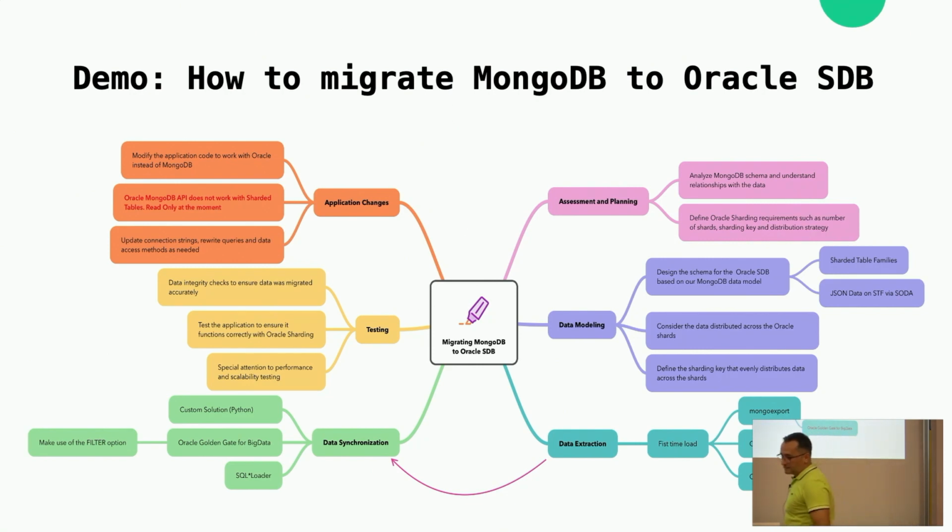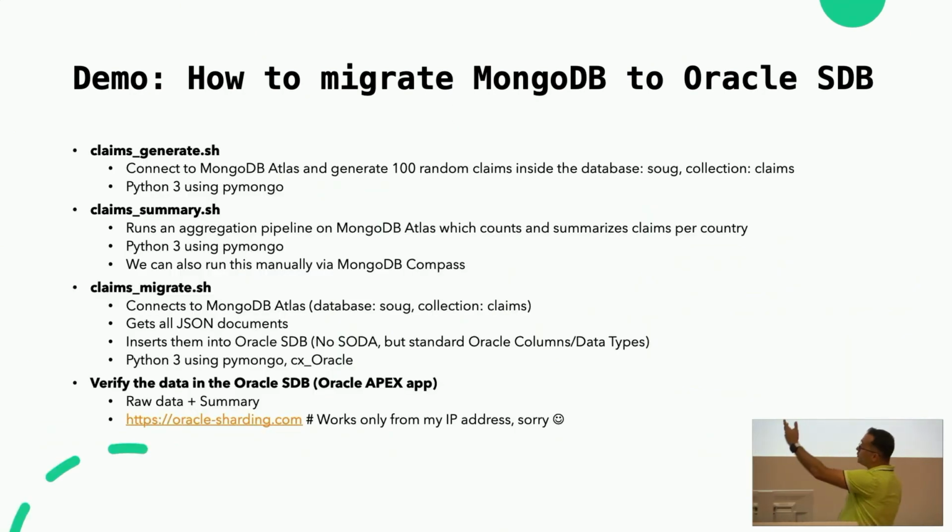But nevertheless, what I'm going to show you now is that I'm going to simulate 100 records or 100 claims into my MongoDB cluster, or Atlas cluster, which I have, I think it's in North California or whatever. I'm going to do that using Python, and PyMongo is the library which we use to access Mongo. Then I have a shell script which runs one query in Mongo. It's called aggregation, where I'm going to visually summarize your data, saying how much is the total claim and how many claims I have per country and what is the sum,